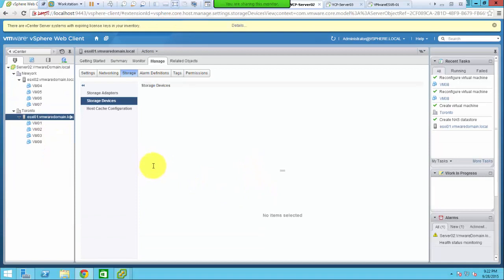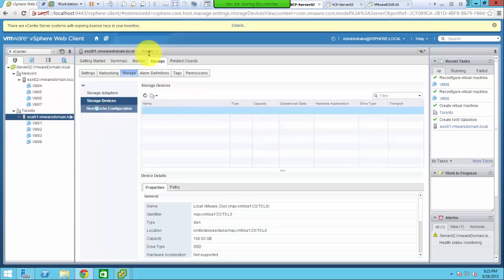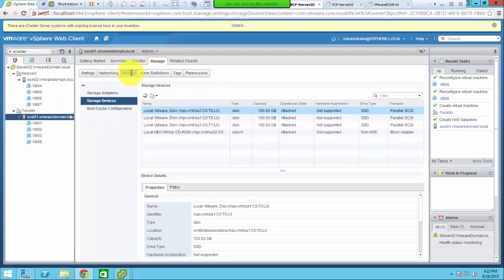So in ESXi 01 host, I am going to the storage, because we're going to be requesting a storage, a remote storage, that is, and we already have the local storages available here. In fact, yeah, so local storages are available, and we're going to be asking or requesting a remote storage,